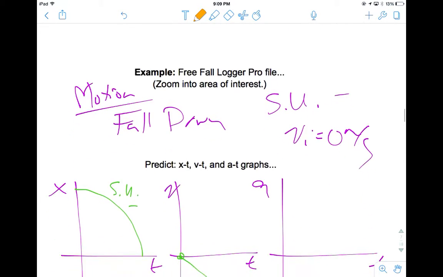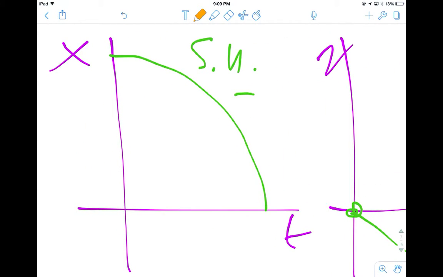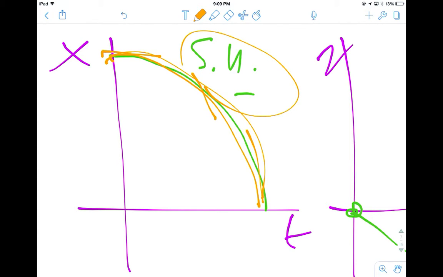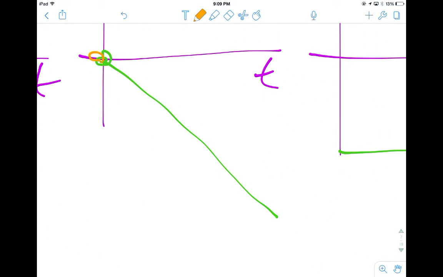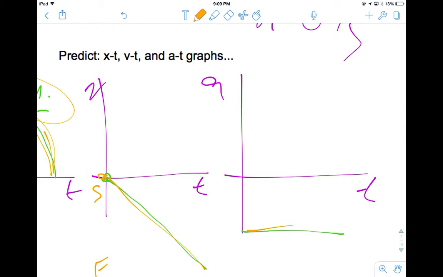So now, what you'll do then is look at this, and normally I'd go through and have you make your predictions. Remember, your position versus time graph is going to look like this, a curve. It's going to start with a shallow slope and get more and more vertical. So in other words, it'll be speeding up in the negative by looking curvy. Your VT graph is going to be starting from rest with an initial velocity of 0, and then going from slow to fast in the negative quadrant. And then your acceleration versus time graph is going to be a horizontal flat line, right? No jerks in physics, so it's going to be a flat line, horizontal, constant, negative acceleration.